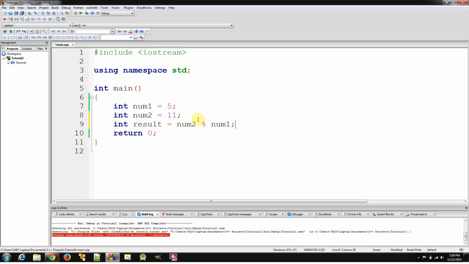And if we divide num2 by num1, basically we're going to get 11 divided by 5. 5 will go into 11 2 times, with 1 being the remainder. So this operation will store the number 1 into result. And if we output result,